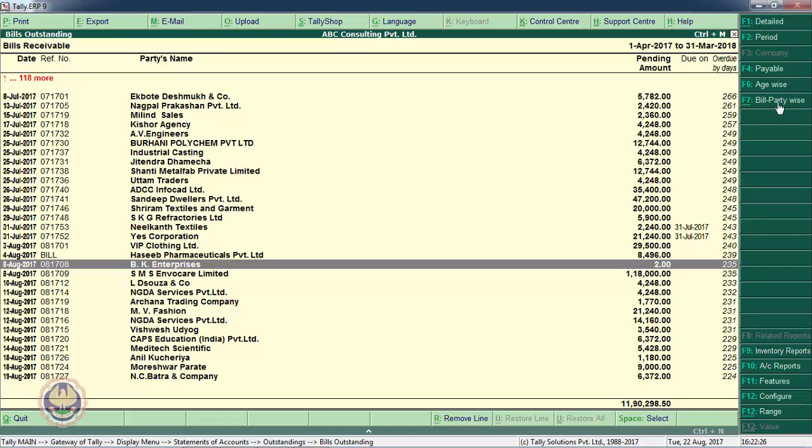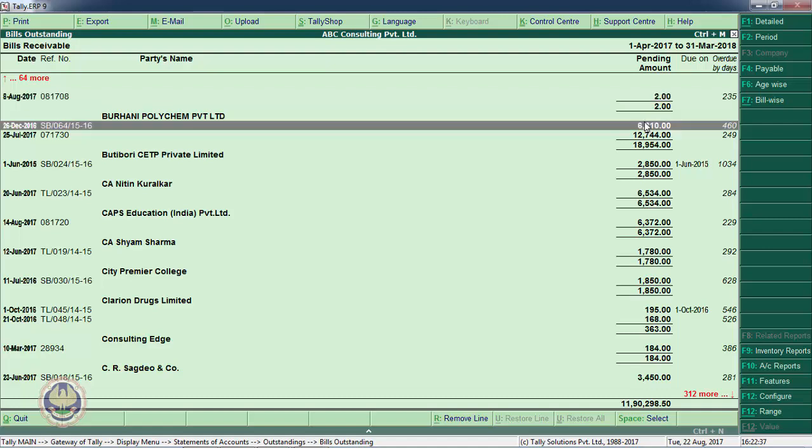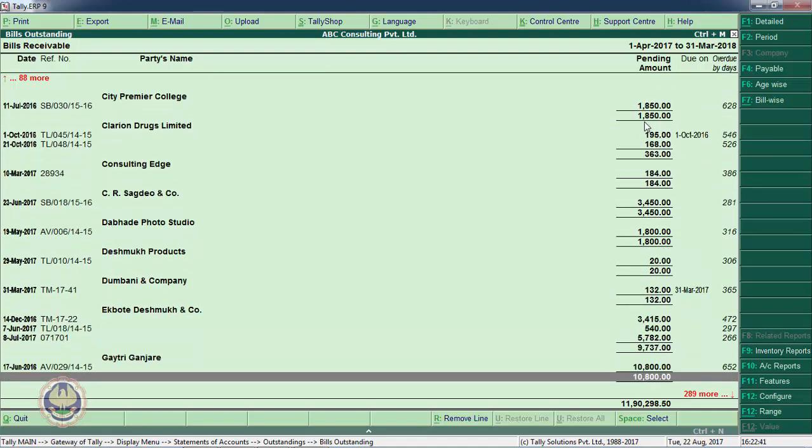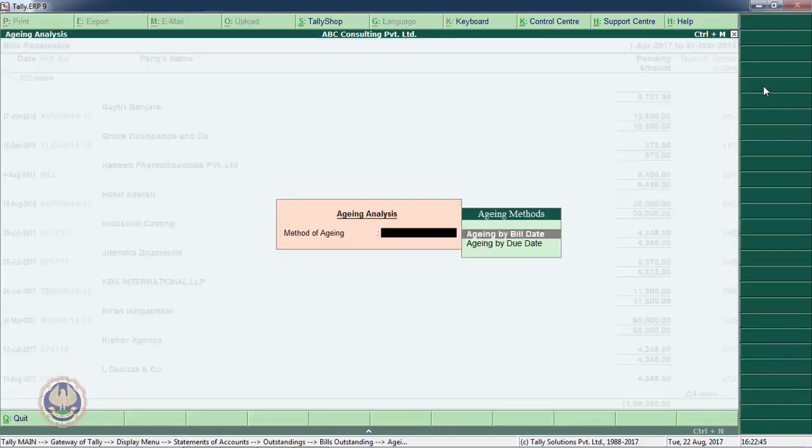Here there is a button, bill party wise. I can click on this button and I will get party wise list of all the bills pending. For example, these are the 2 bills pending for one party, that is Burani Polychem Private Limited. Similarly, I can get age wise also, aging by bill date or aging by due date. Let us go to aging by bill date.